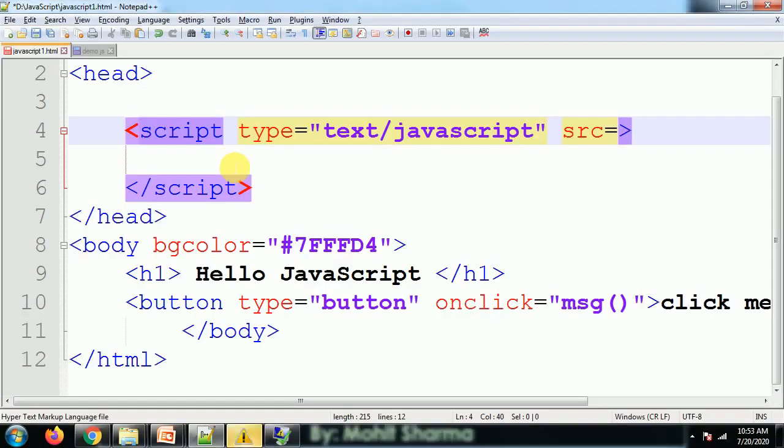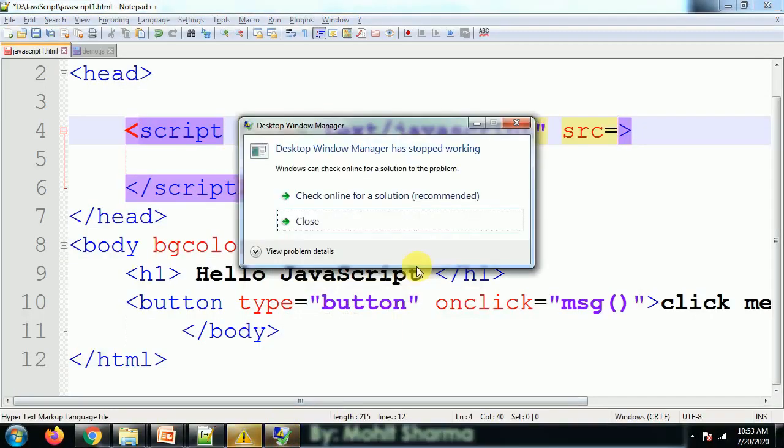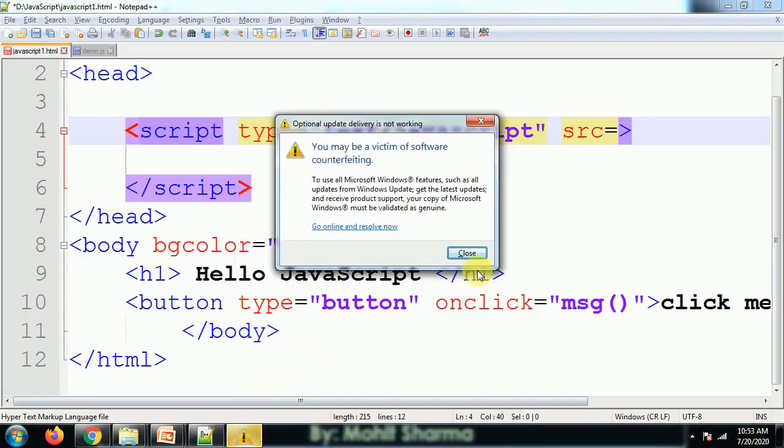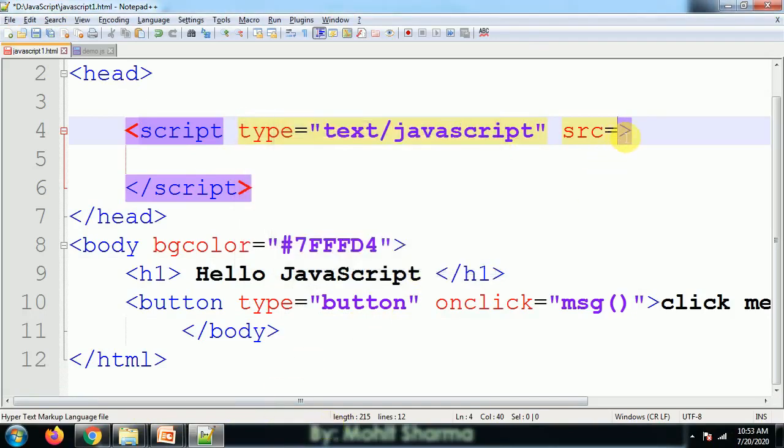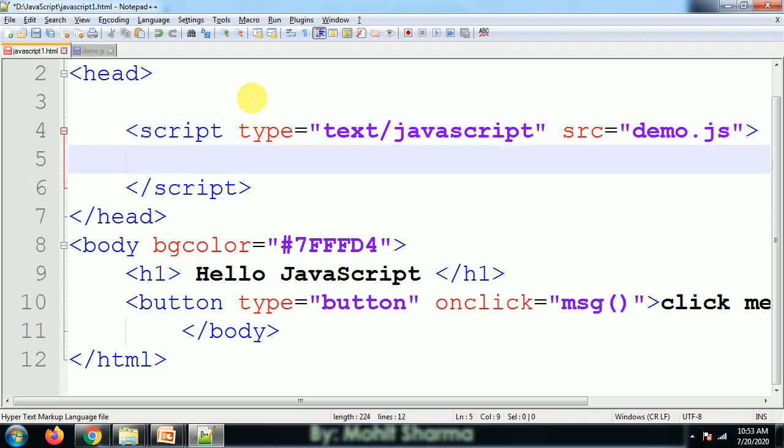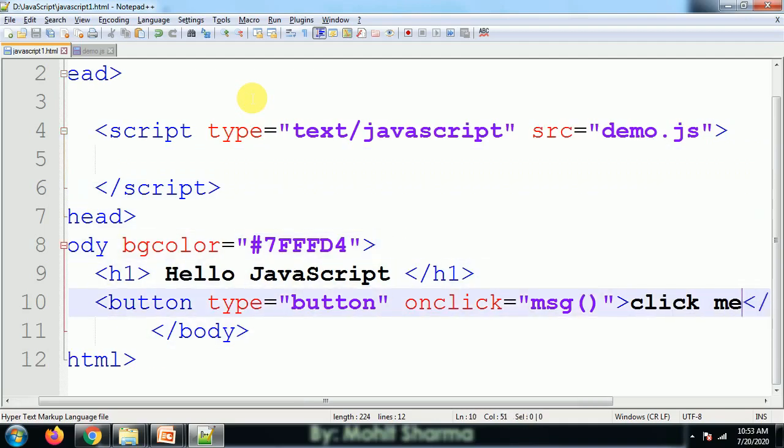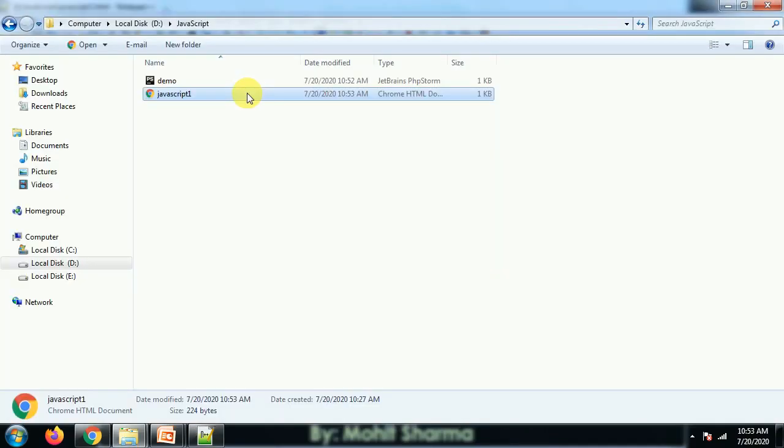In the double quotes I give the name of the JavaScript file which I want to use, and the file is in the same folder where my HTML file is. So the source, the name of the file, is demo.js. Now the file is there, and I simply call the button, saying everything is alright here.